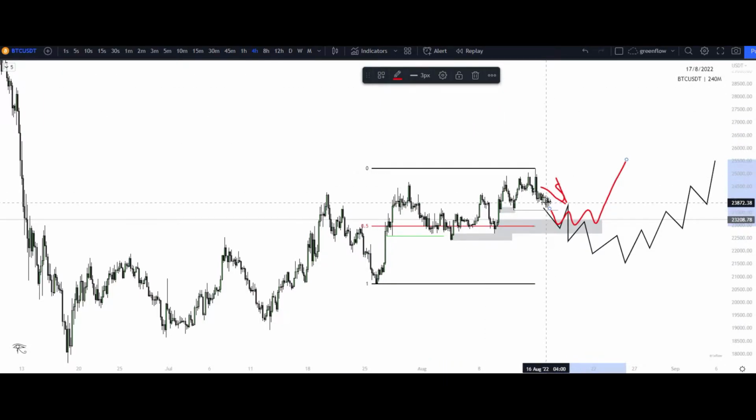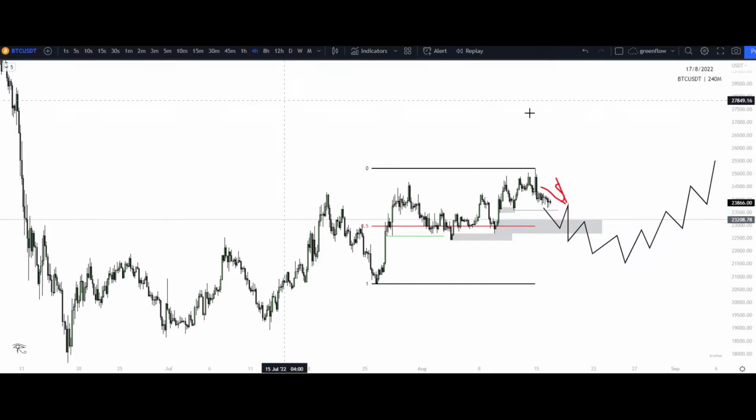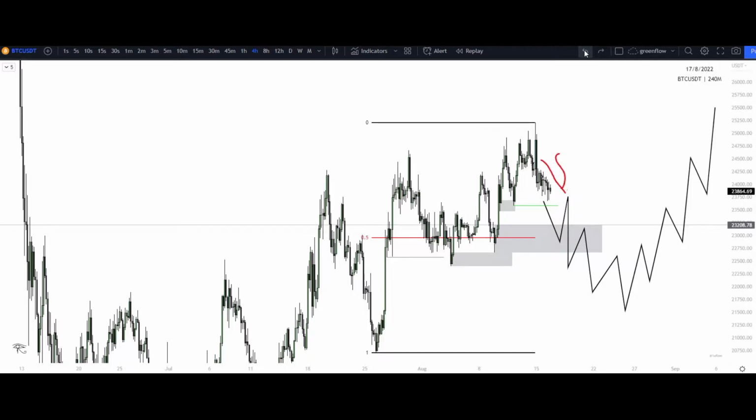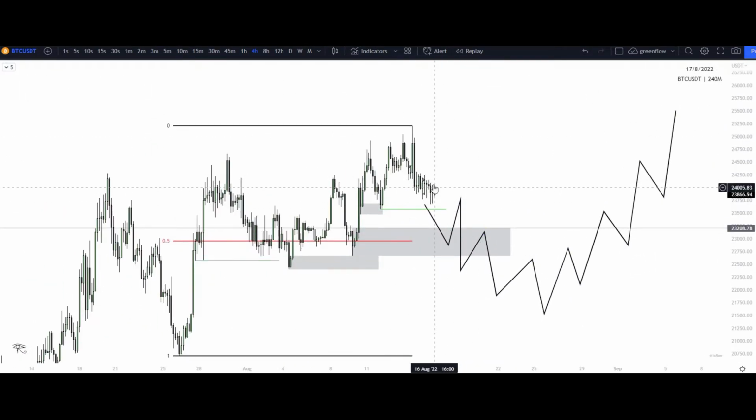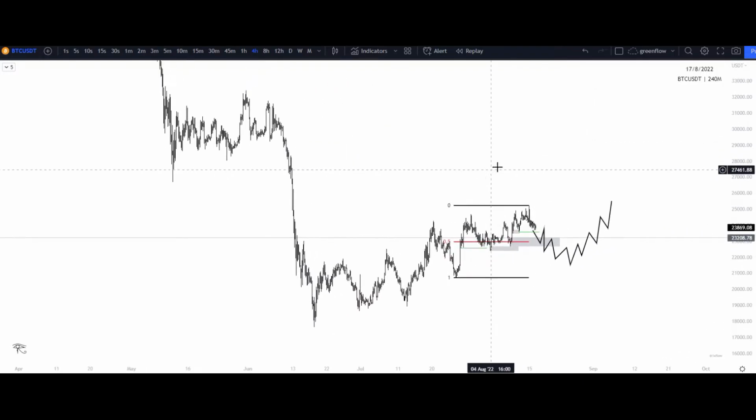We want to look for that buy side liquidity being built, reasoning to continue to the upside for our overall bullish narrative. So let's take that out. Let's go back a little bit. So we could see some possible reaccumulation within this area as well, mitigating this fair value gap as well as demand, and then continuing to the upside overall.